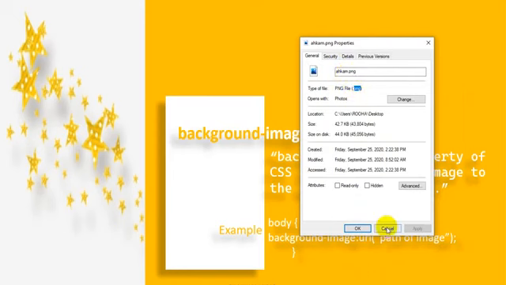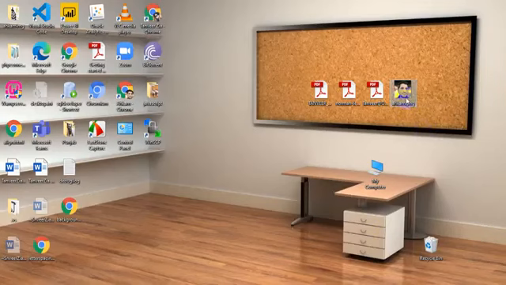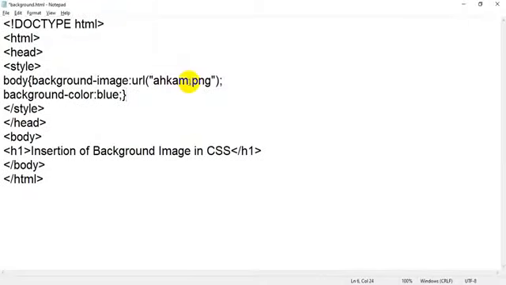Now my image, which I want to add, and my HTML file are in the same place, in the same room. So in that case, I pass only the name and extension, meaning the type. Why am I passing the type, not only the name? Because there is a possibility that in a single class there may be more than one student of the same name.